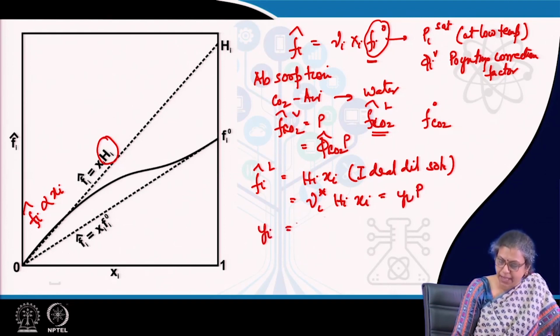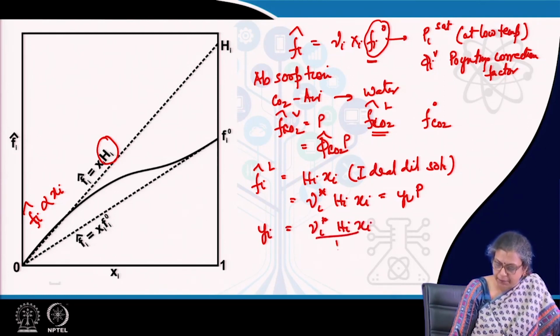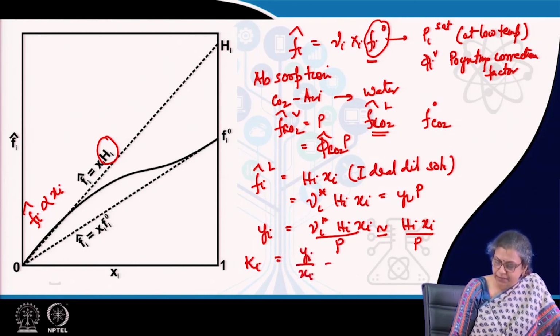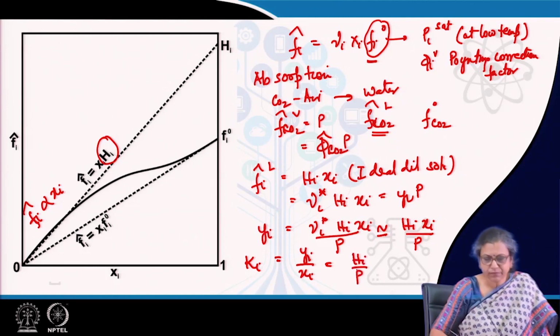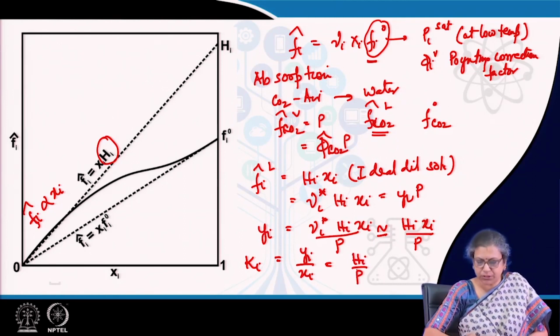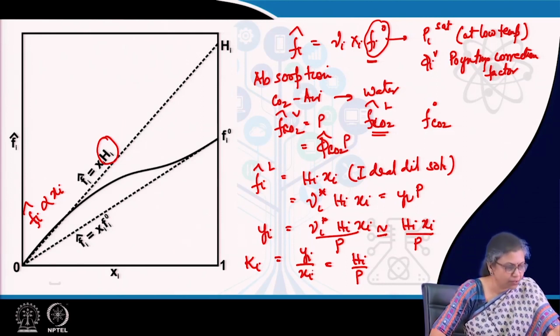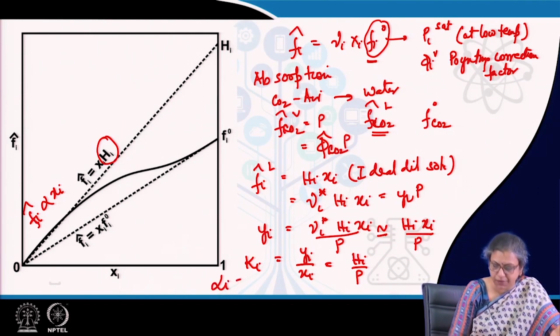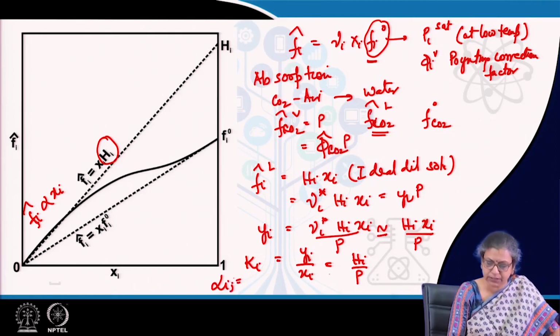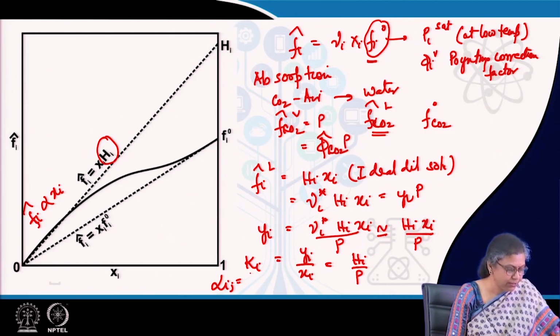As a result, Yi can be found out by gamma i star Xi Hi by P, which reduces at low to moderate pressure to Hi Xi by P, and therefore Ki for the absorption process, which is Yi by Xi, equals Hi by P. Accordingly you can find out alpha ij or whatever it is for the case of absorption. Well,